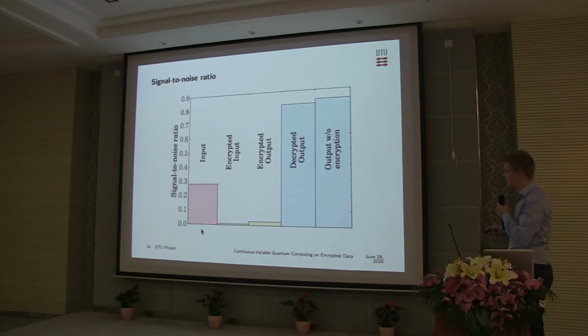Another way to quantify this is to use signal-to-noise ratio. So you have some signal-to-noise ratio depending on your input state. Then you should see from the server's point of view that once you apply the encryption operation, the signal-to-noise ratio drops, which is good. It increases a little bit because the server applies some more information. And then you decrypt again. And the difference between these two blocks here is exactly what happens when you decrypt perfectly. And the gap here turns out to also be crucially dependent on the size of the encryption operation. So if it goes too big, then you will have a bigger gap, which you're not interested in. So there's some sort of optimum.